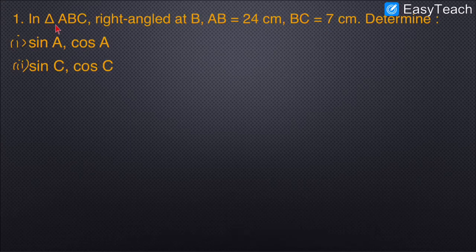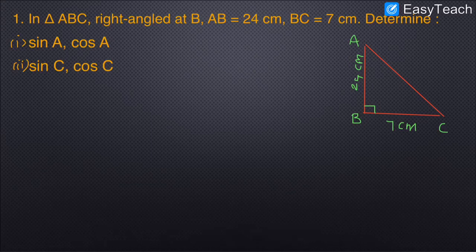As per the requirements, in triangle ABC, right angled at B, I am going to draw one triangle which is right angled at B. So this point is B, it's given, this is 90 degree. I am going to name the triangle this way, ABC. The next step, I write the measurements. For AB I write 24 centimeter, for BC 7 centimeter.